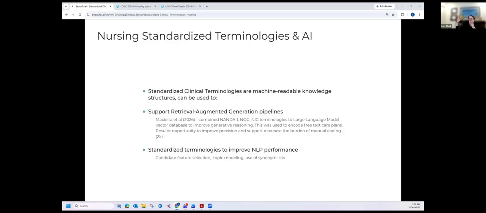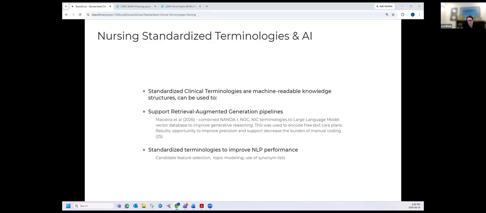models. And what they found was that there was some improved precision in what the large language model was able to extract from free text, in this case, care plans, I believe it was. Yeah, free text care plans. So improved reasoning and precision of the summary of extracting what was coming out from those care plans. And in their example, they also noted that those clinicians were having to manually add to their EHR those particular nursing intervention codes. That was improved because they didn't have to do as much manual entry because the extraction was